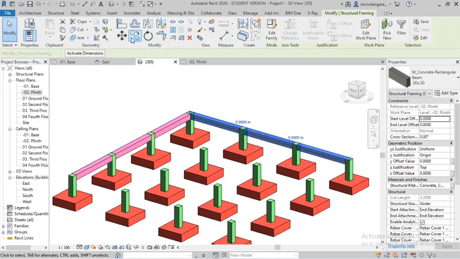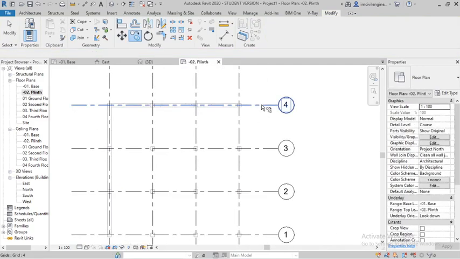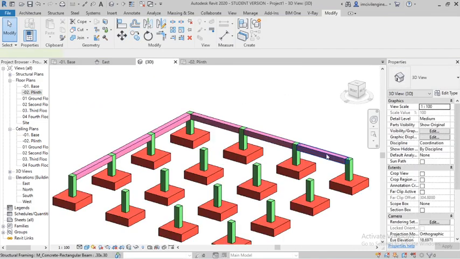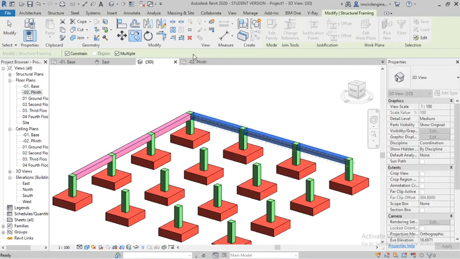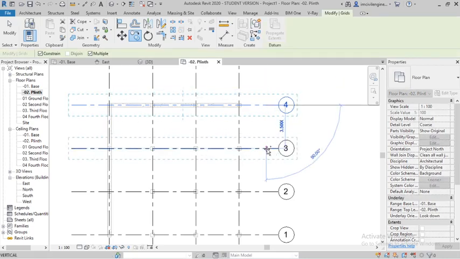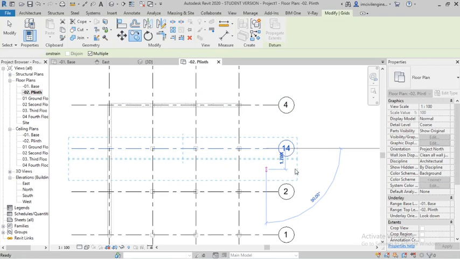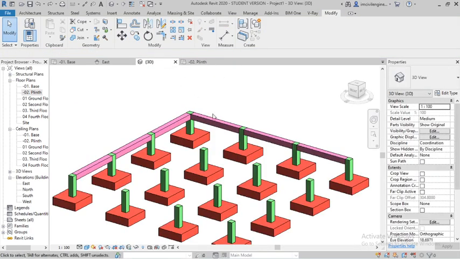You can select the column. Copy. Go to plinth level and copy. Sorry for that.